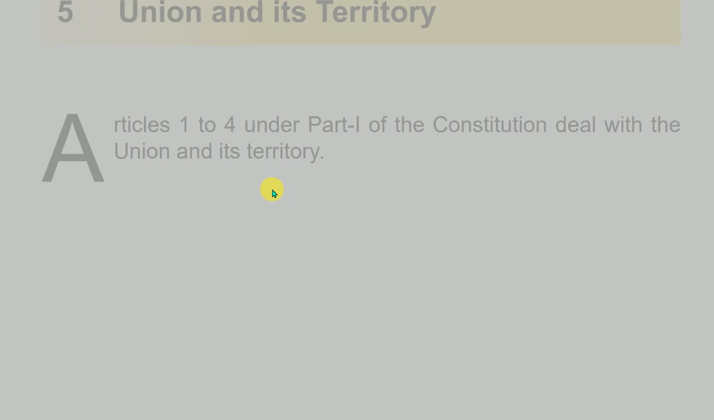5. Union and its territory. Articles 1 to 4 under Part I of the Constitution